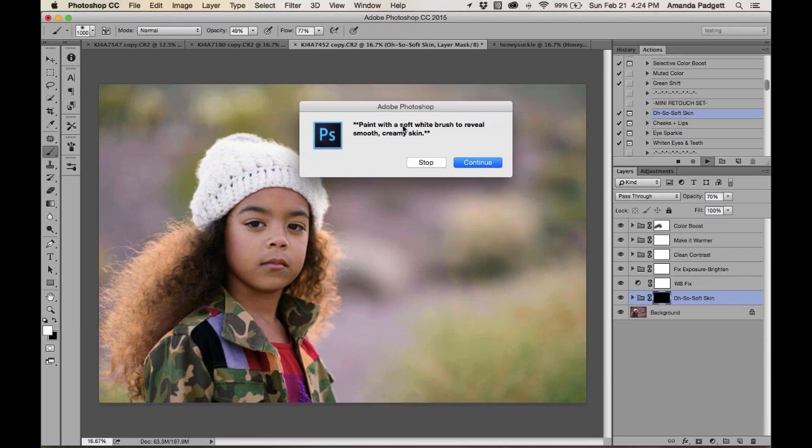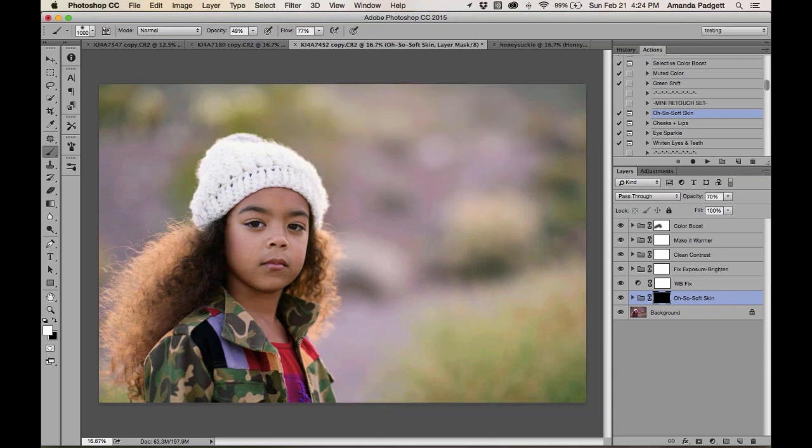So here it says paint with a soft white brush to reveal smooth, creamy skin. So I'll hit continue. So my layer is down here at the bottom, and that's great. And there's a reason for that. All right, now I am going to just stay right here, make sure that this is highlighted, and I'm going to use my brush, but now I need a white brush